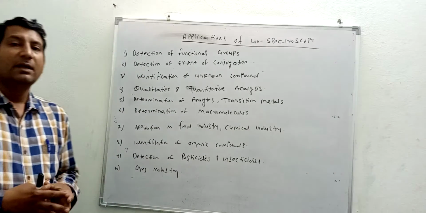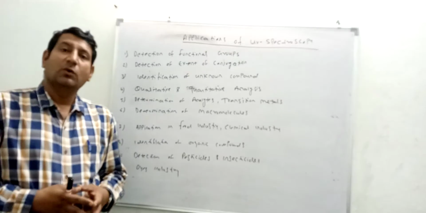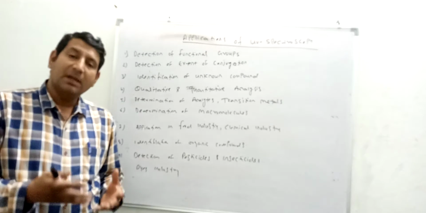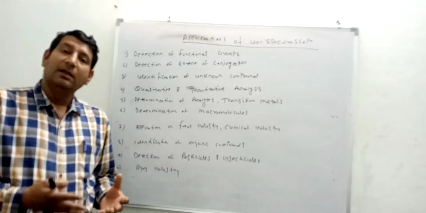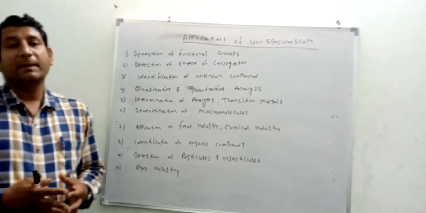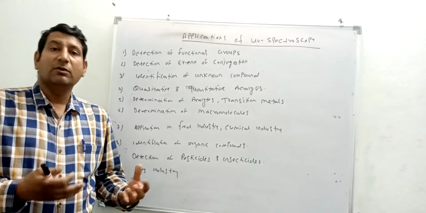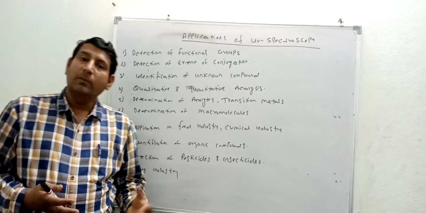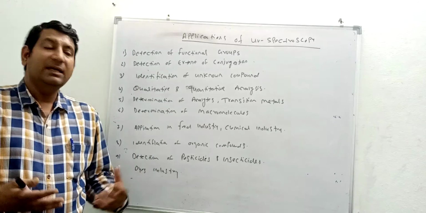In organic chemistry, aldehydes and ketones can be easily analyzed by UV visible spectroscopy. Every particular functional group and every compound has its own specific lambda max, which can be determined by UV visible spectroscopy, because it works on the principle of Lambert-Beer law, where the absorption of radiation is measured by the instrument, and every functional group has its unique absorption pattern by which it can be easily determined.